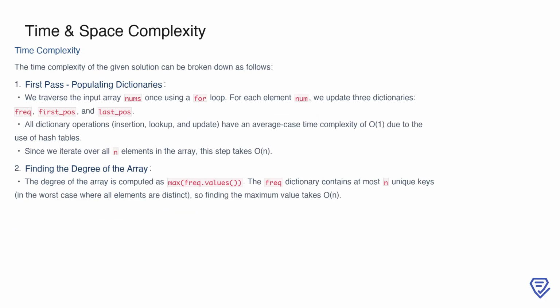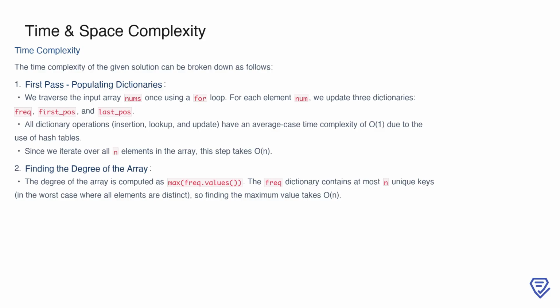problem. To analyze the time complexity of our solution, let's break it down into steps. First, we have the initial pass through the array where we populate 3 dictionaries: frequency, first_pos, and last_pos. During this step, we traverse the input array nums once, and for each element, we perform dictionary operations such as insertion, lookup, and update. These operations are efficient, with an average case time complexity of O(1), thanks to the underlying hash table implementation. Since we process each of the n elements in the array exactly once, the time complexity of this step is